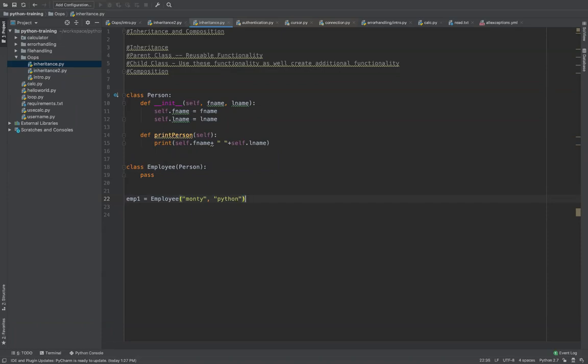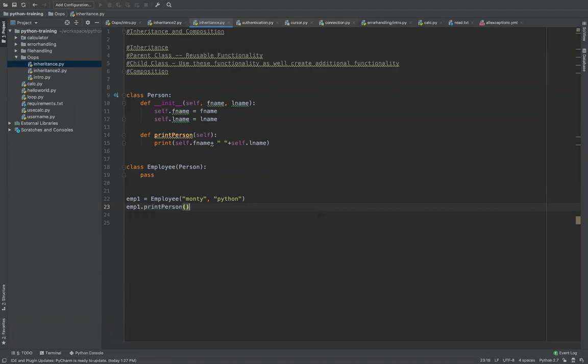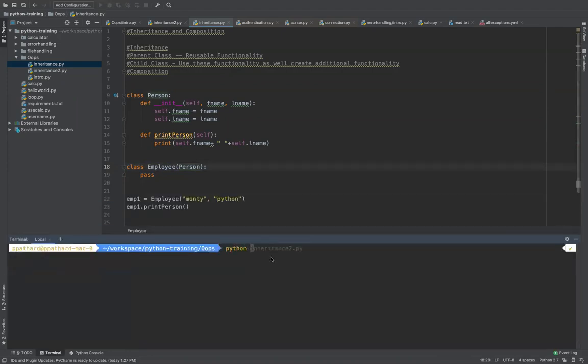Okay, now if you do employee1 dot, as you can see, you can access both first name and last name. You can also access the functionality of print_person. We have not written any functionality here, but that functionality is coming from the Person class. So let me show you the output here. Python inheritance dot py. If you see the output, it is Monty Python.